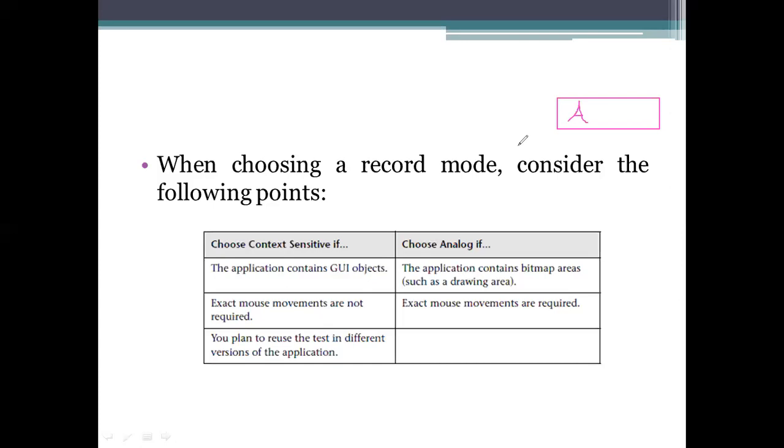They will provide a drawing area or bitmap area here, and I need to provide a signature in this format. So it is observing the movements of the mouse, taking the slant or the angles or any representations of it, and allows you to know whether it is the correct one or the wrong one.